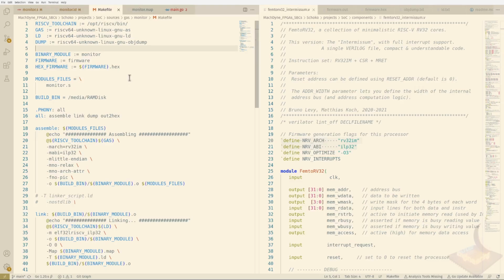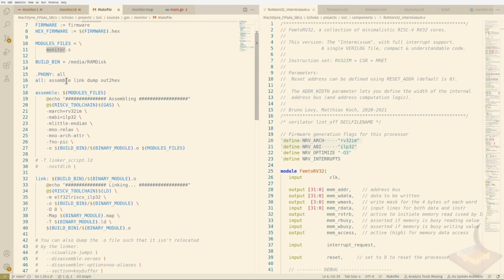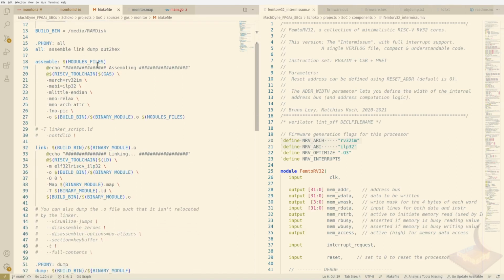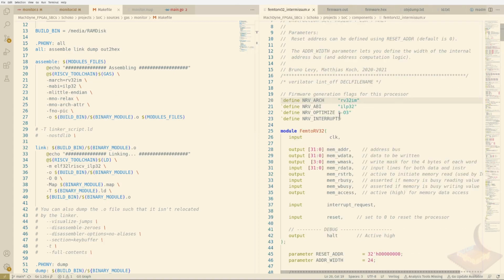There's the linker. And at the top, you can see we have our gas, the linker, the dump control. We have the name of the module. These are typical things we've always seen in my type of makefiles. It gets dumped to the RAM disk. The default here is to run the assembler, then link it, then dump it, and then convert it into a hex file. So to run gas, remember over here in our processor, the Femto,